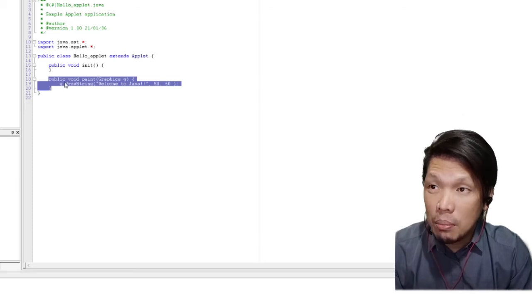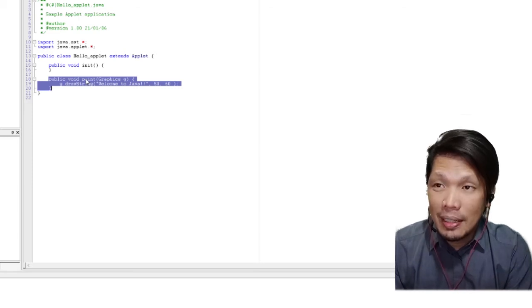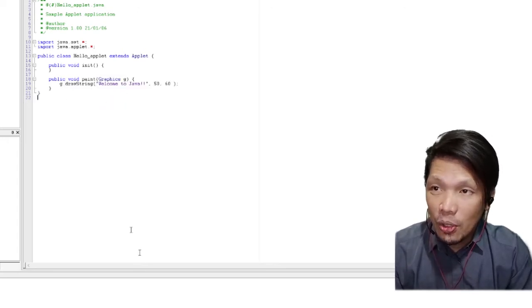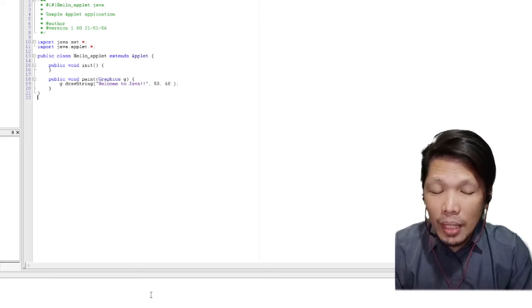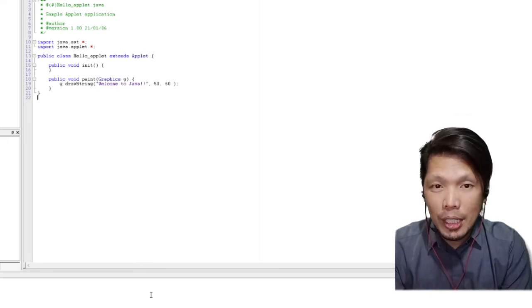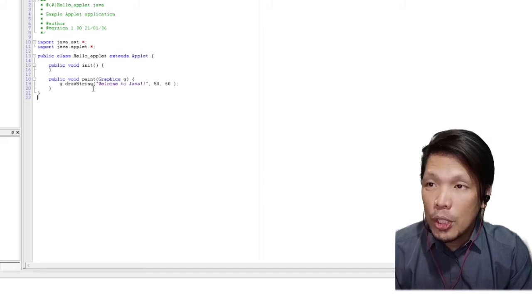So you have public void paint, which we have discussed from the previous video, module 1. You have the Graphics g for graphic, and the g.drawString. Public void paint is more about trying to prepare JCreator for those objects that are going to be inserted in our program. And we have the g.drawString, which means